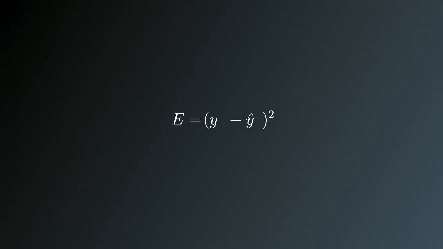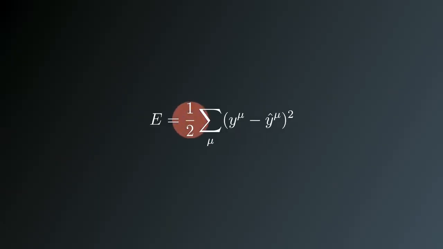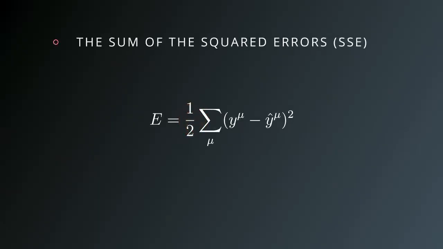This is the error for just one prediction though. We'd rather like to know the error for the entire data set. So we'll just sum up the errors for each data record, denoted by this sum over mu. It's this U looking guy here. Now we have the total error for the network over the entire data set. And finally, we'll add a 1/2 in front because it cleans up the math later. This formulation is typically called the sum of the squared errors, SSE for short, because, well, it is the sum